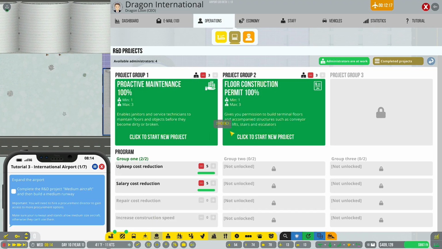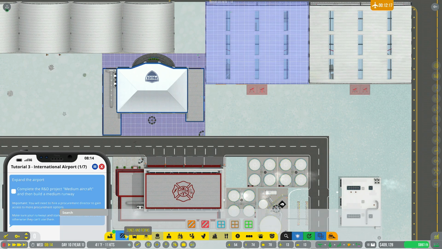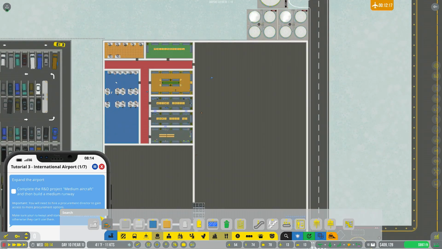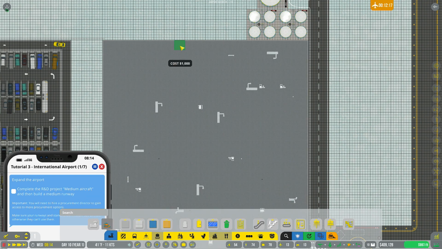So now, because we have the floor construction done, as well as the proactive maintenance, let's take care of the proactive maintenance first. So proactive maintenance allows us to do cleaning and repairs. So we'll turn those on. All right. The multi-floor, however, allows us to build upstairs. And they give us escalators, stairs, as well as elevators, which allows us to pass through multiple floors. We're not going to install an elevator just yet. Eventually we might, but not yet. However, what we can do now is go grab our foundations and go up here